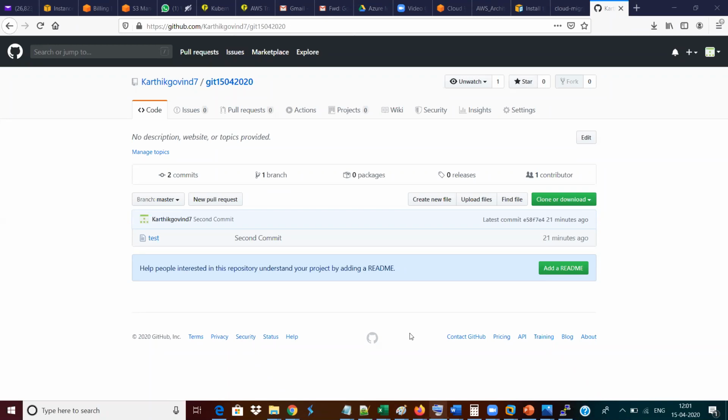Got it, Karthik. And once the file is moved from the local repository to the remote repository, the file will not be there in the local repository? No, it will be there. I will show that. But before that, your name? The question is from whom? Karthik, this is Subha. Okay, Subha. Fine.